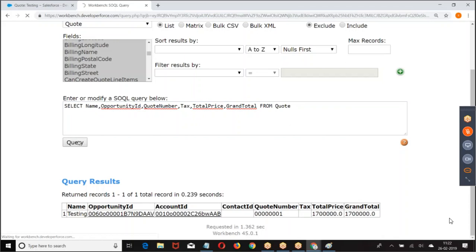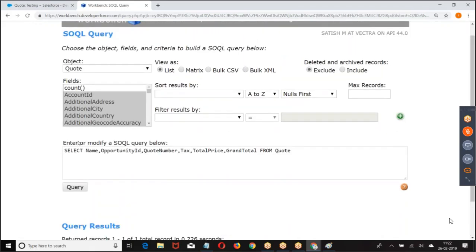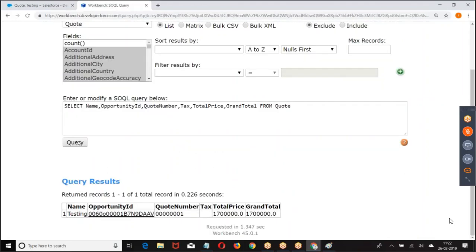This is a child of opportunity. Now write a SQL query to get all the opportunities along with the corresponding quotations.